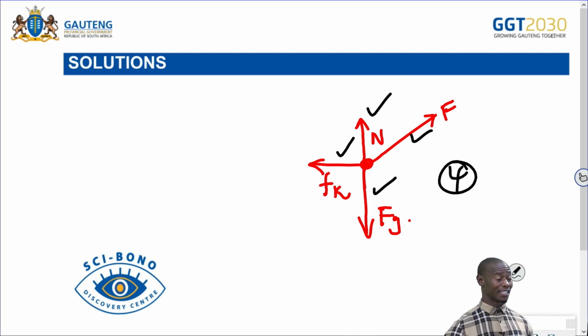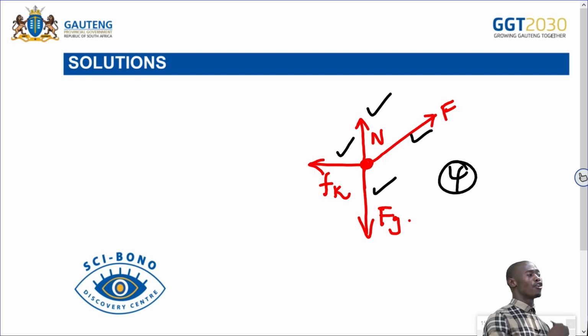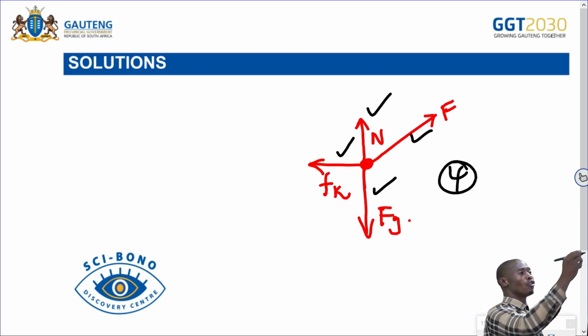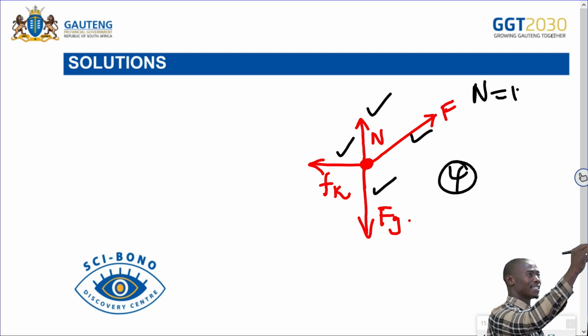Remember, the force is applied at an angle. So in this case, my normal force will be smaller than my Fg. So please be careful also when it comes to that. We did talk about this scenario before. So your normal force in this case will be equal to weight minus